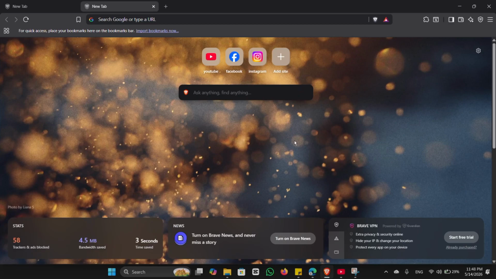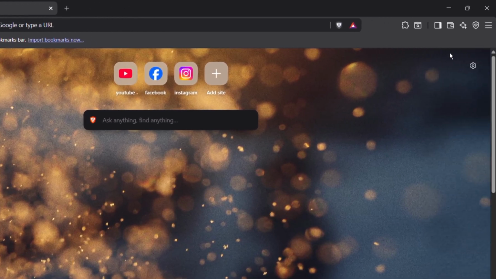Hey guys, I'm gonna show you how to clear cache in Brave browser. So to start, open Brave browser. Now what you need to do next is to click the three lines at the top right, or the hamburger